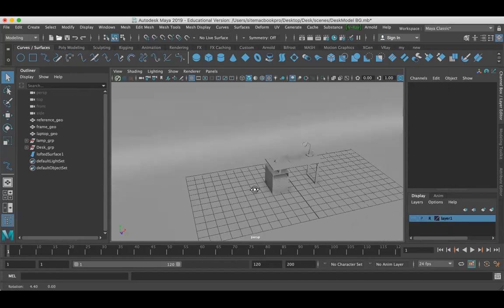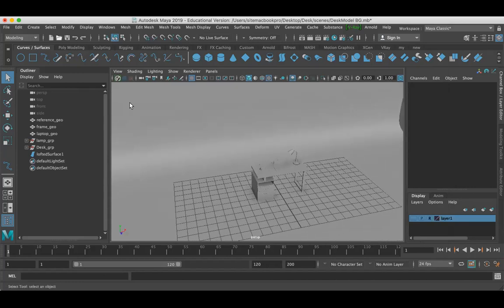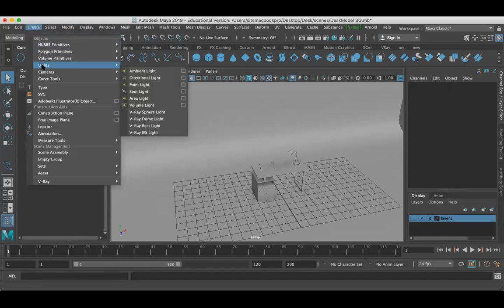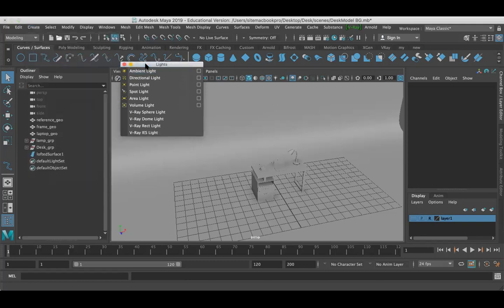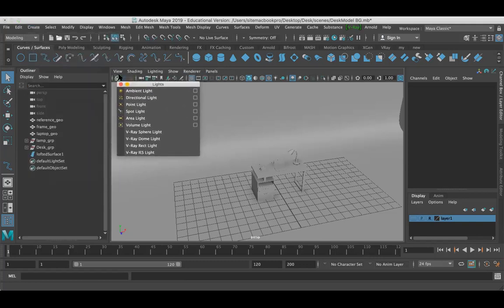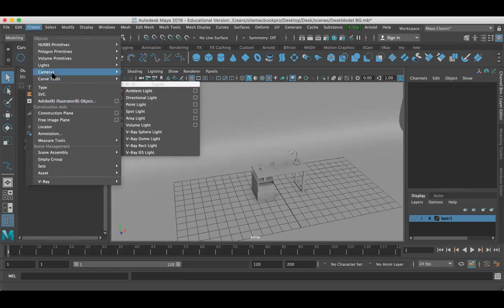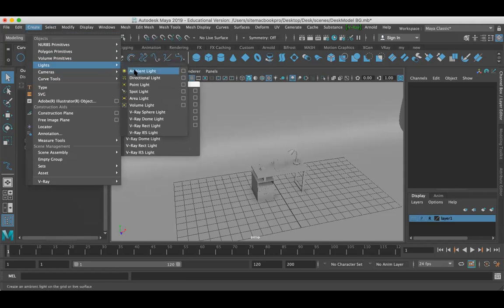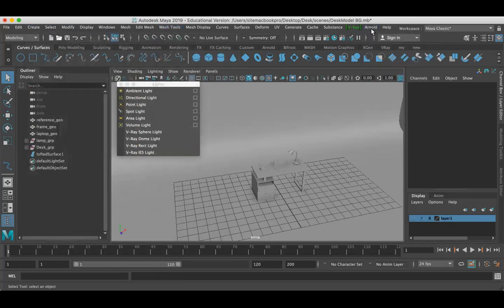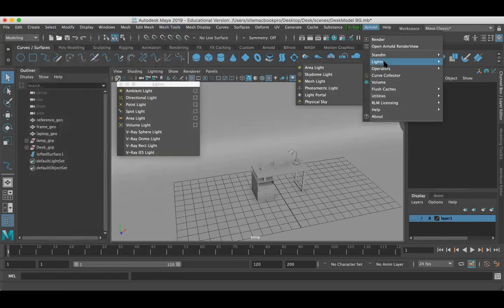Now I'm just going to introduce you to some lights. When you go to Create, under Create you can find Lights. Now look here. Can you see the dotted lines? When you click on these dotted lines, you can tear off this menu from the window. Otherwise, every time you have to go here and select the lights. Instead, I'm just going to tear off this menu from the window. Once it is done, under Arnold, I have lights, and now I'm going to tear it off here.